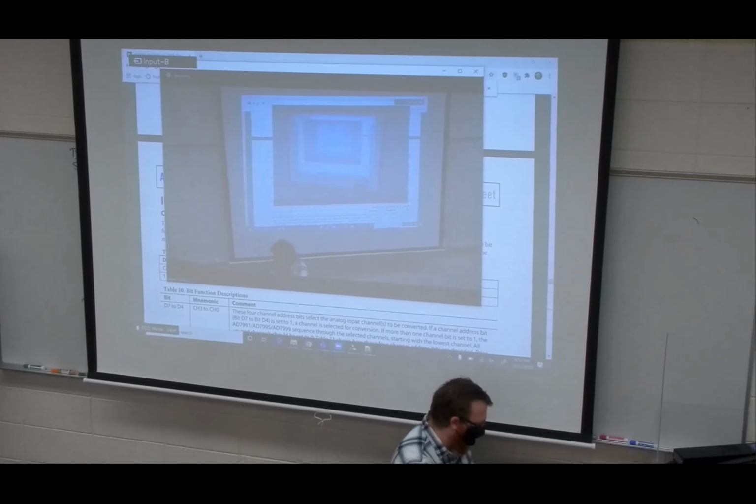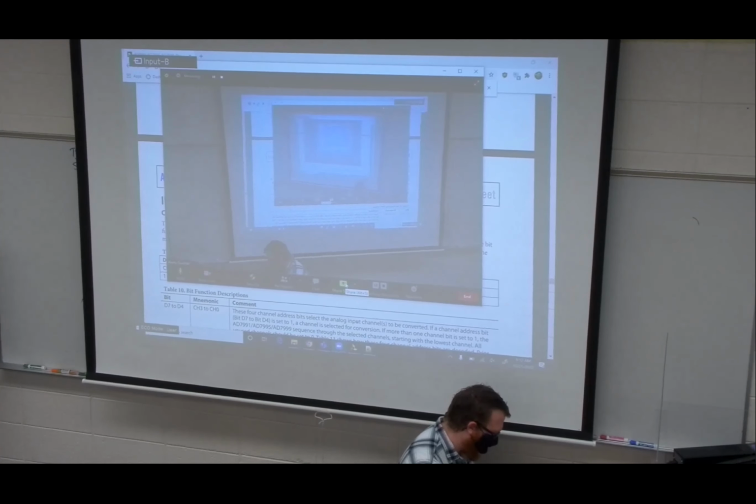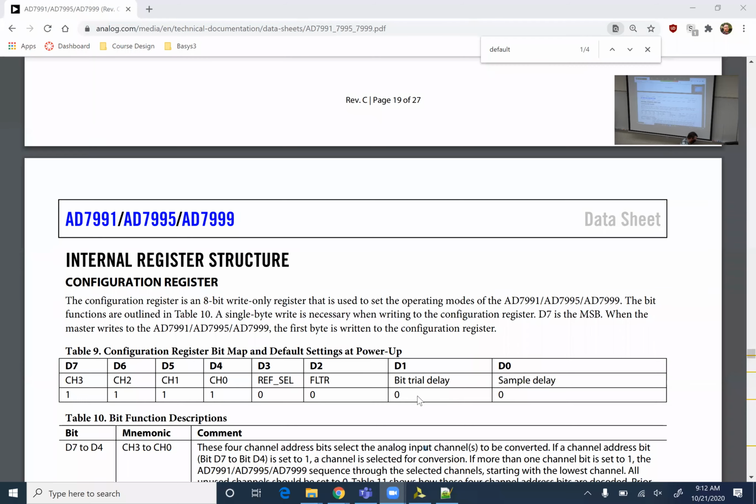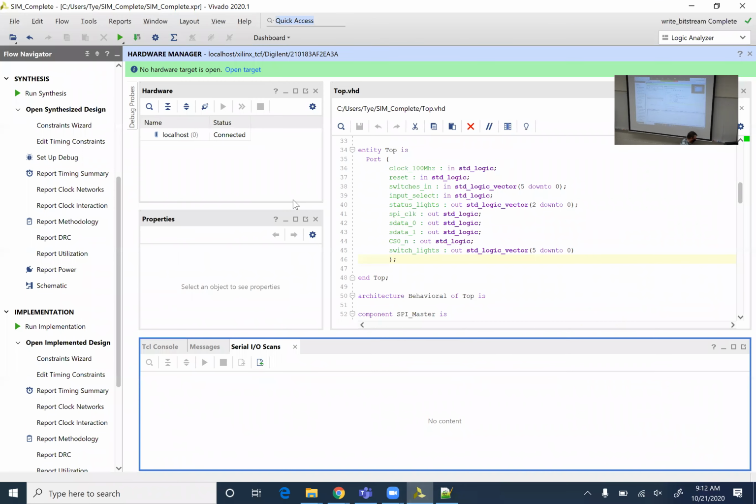And for Zoom, I have to switch to screen sharing. Go to the bottom. Okay, so